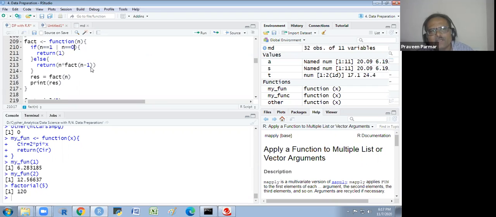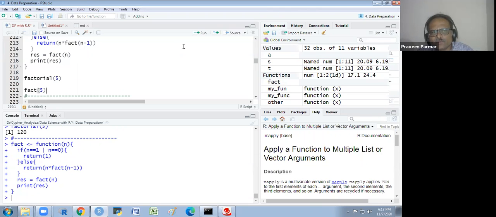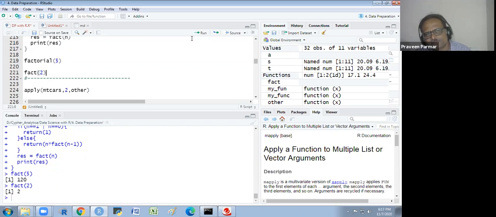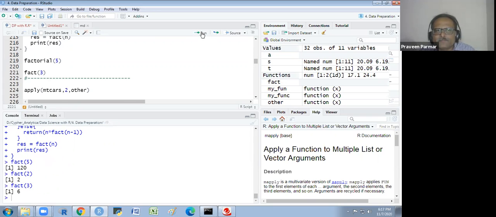And result would be factorial n, print result. So I run this and I call this function for factorial 5, my function. It is 120. If I call it for 2, it is 2. If I call it for 3, it would be 6. So in this way, we could create our own function.